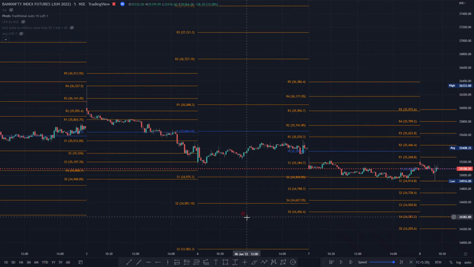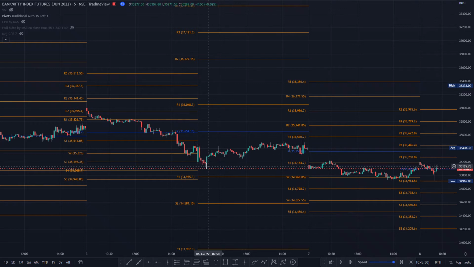As you can see here, the price of Bank Nifty came down till here. It took support at the central pivot point, but unfortunately it didn't reverse very far. Instead it came down, created a small high and then started creating lower lows, which means a downtrend. And suddenly